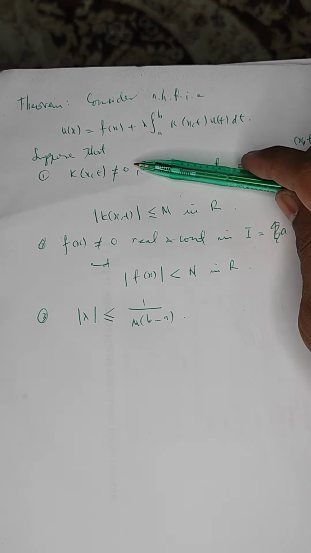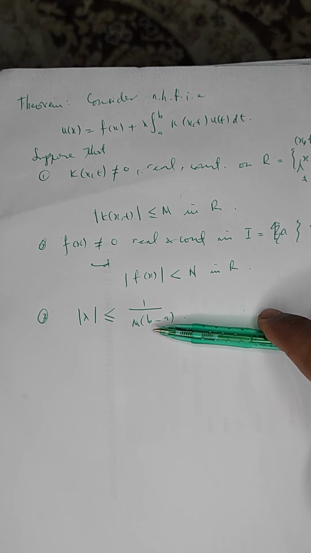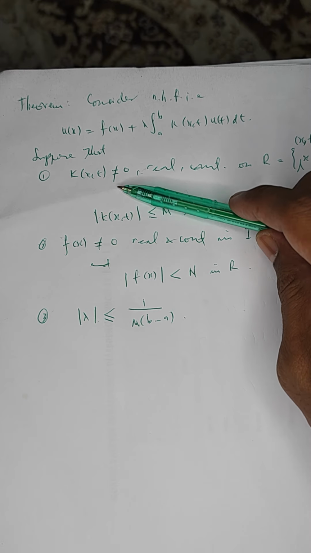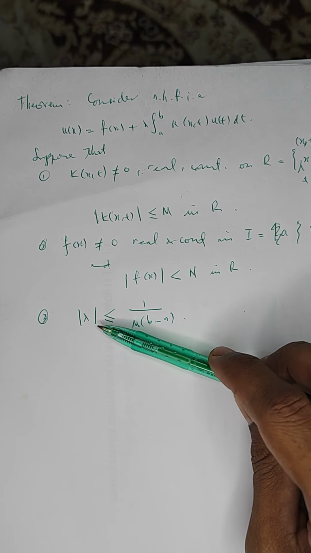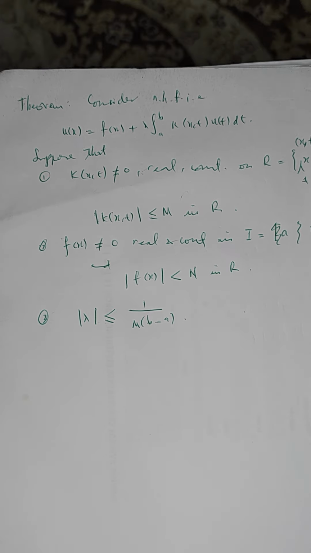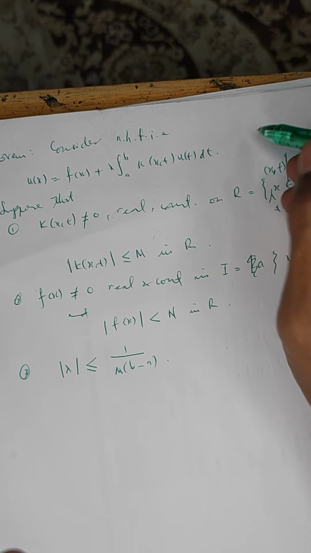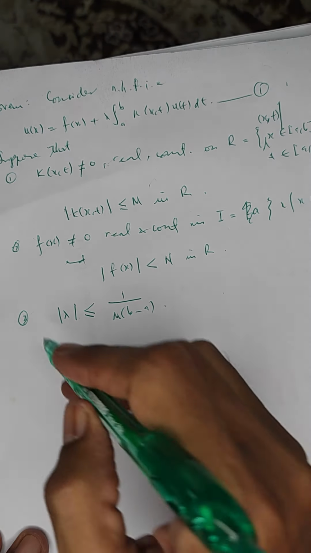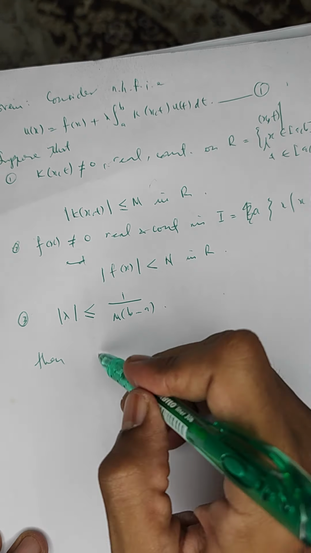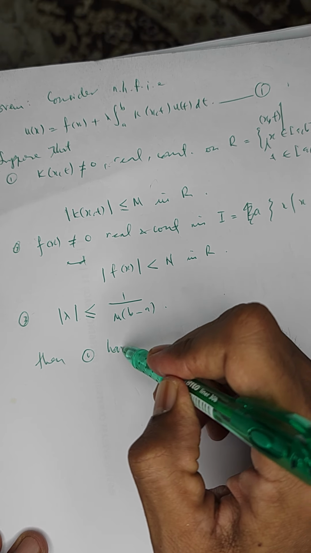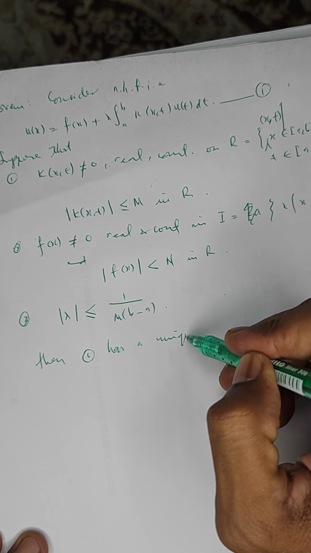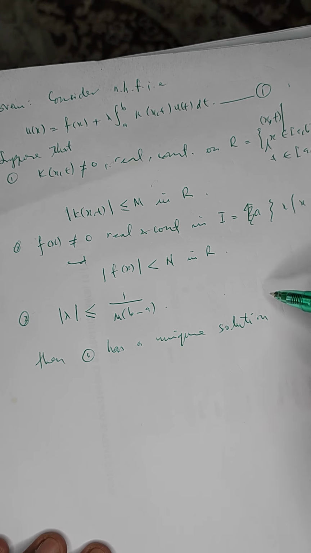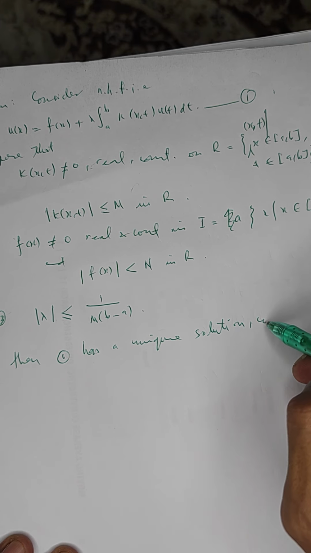So if these three conditions on the kernel, on the function, as well as on the constant lambda are satisfied, then this equation, let's call this a non-homogeneous Fredholm integral equation, I put that as 1, then equation 1 has a unique solution, and continuous on I,